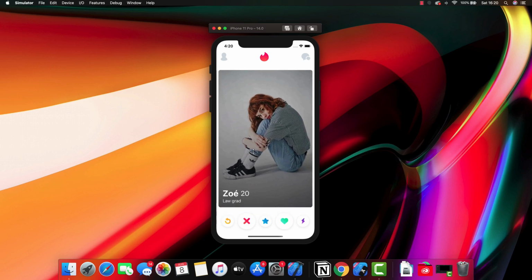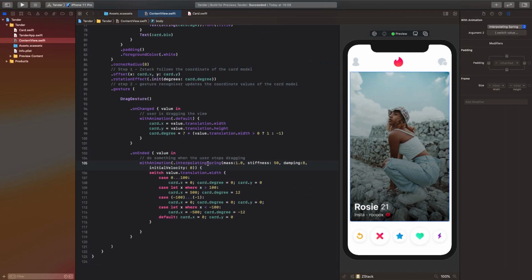It's quite subtle, but if you pay attention, you can actually see it, right? And for the parameters, I just played around with it. Feel free to experiment, try different things, make it more bouncy if you want to. Now, below this, on the switch statement, we are trying to decide what to do once the user releases the